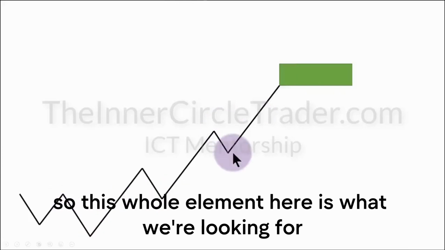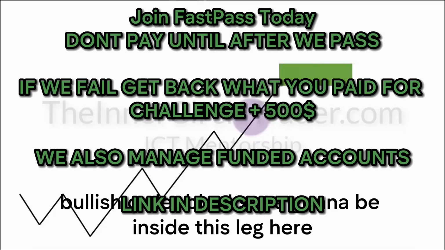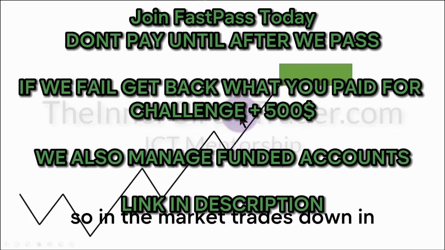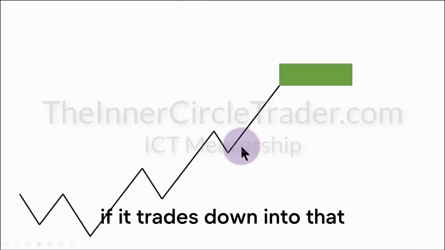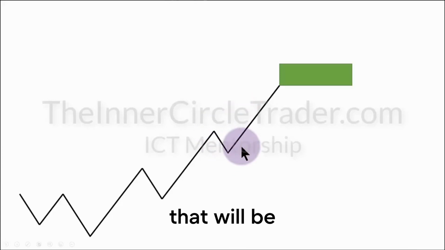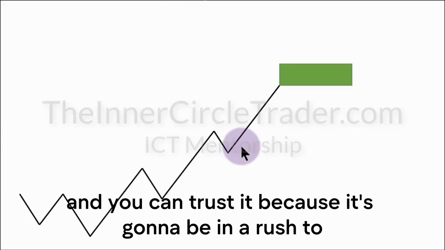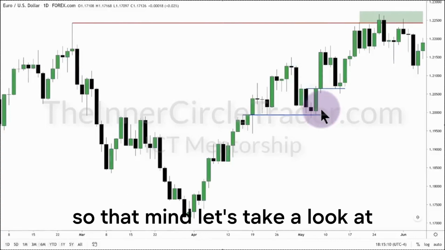Now, this is the buy side of the curve of a market maker buy model. So this whole element here is what we're looking for: bullish order blocks. The highest probability, easiest bullish order blocks are going to be inside this leg here and in here. So if the market trades down into some down close candle in this leg or in here, that will be an ideal bullish order block, and you can trust it because it's going to be in a rush to get up into your target level. So with that in mind, let's take a look at